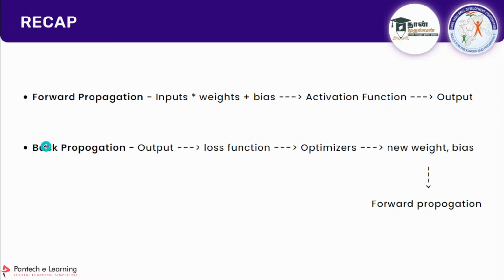So we'll see a recap, guys, just for clarification. What is forward propagation? From the input, weights are multiplied and bias is added and given to the activation function, and you will get the output. This is what is known as forward propagation. When you go for backward propagation, the loss is calculated, and then the optimizers will give new weight and bias, with the help of the chain rule. Once you go back to the input with different weight and bias, forward propagation will happen again, and this will keep going till you reach the global minima